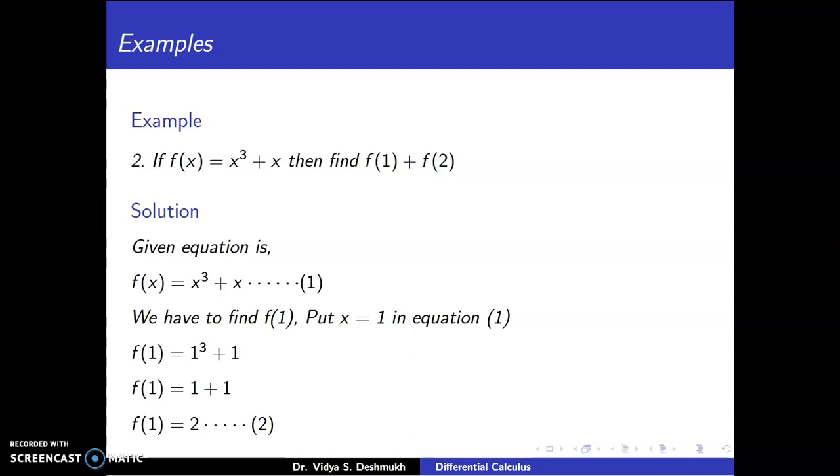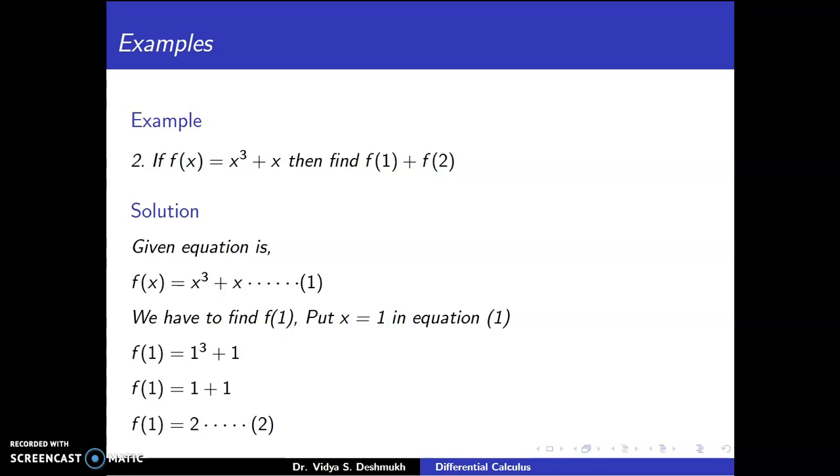So write down in the solution the given equation is f of x is equal to x cube plus x, that is our equation 1. So we have to find first of all here f of 1. Okay, then put x equals 1 in our equation 1. When we put the value of x equals 1, we get f of 1 equals 1 cube